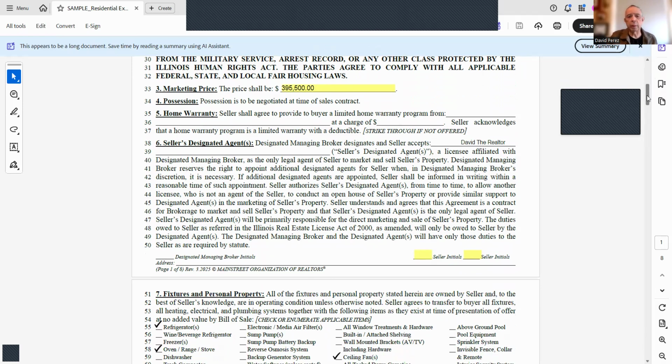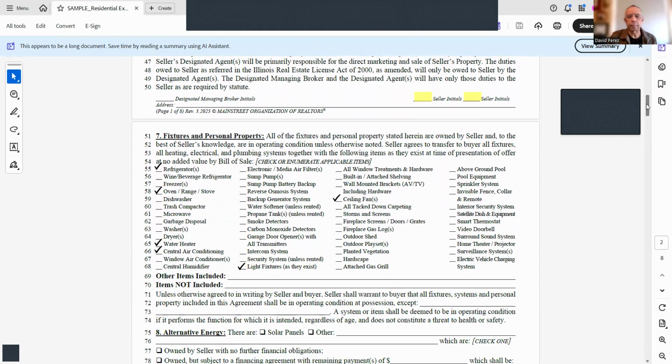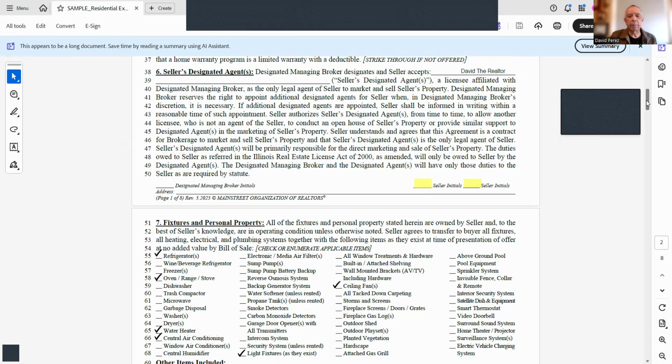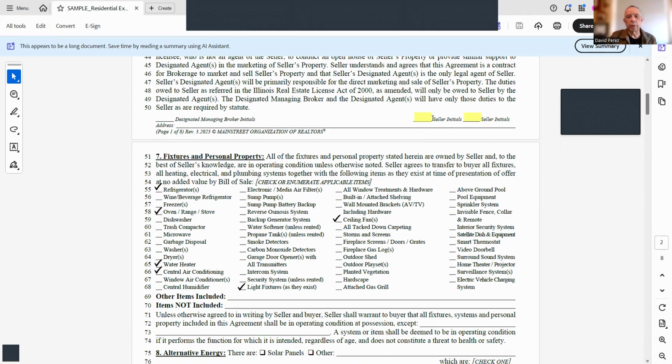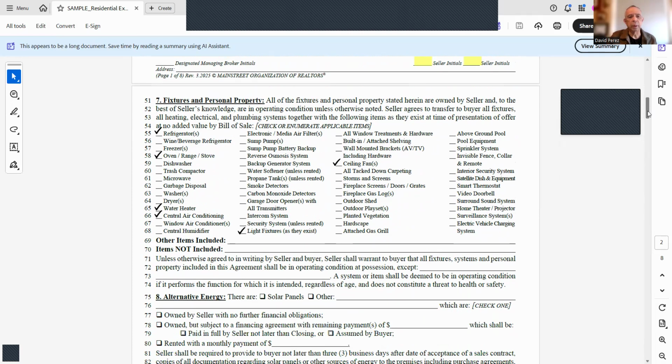All right, moving right along. At the very bottom of every page, your initials are required, the seller's initials. Again, we have two areas here where that requires initials. If there's only one seller, one owner of the property, you would go ahead and just initial one of the spaces, not two. All right, the next page, page number 2,